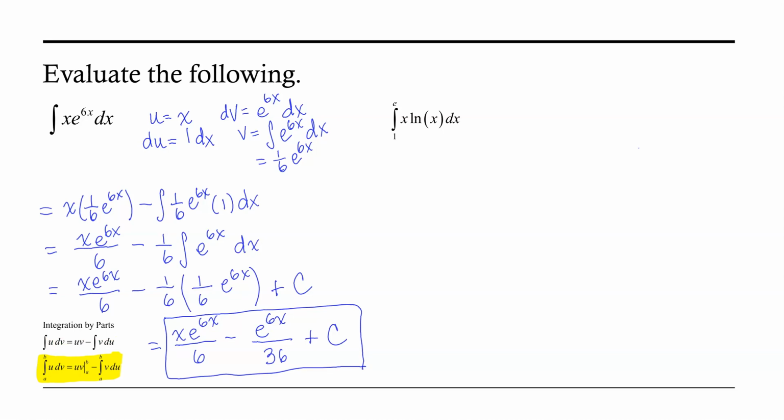Now let's take a look at our second example here. This involves a definite integral, so we have limits of integration. So we've got the integral from 1 to e of x times the natural log of x dx. And notice in the lower left corner here we have highlighted the general formula for performing integration by parts for